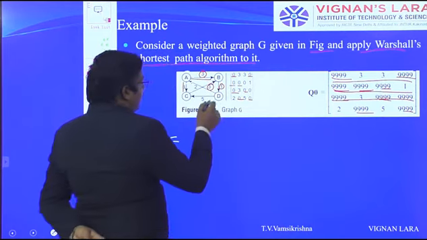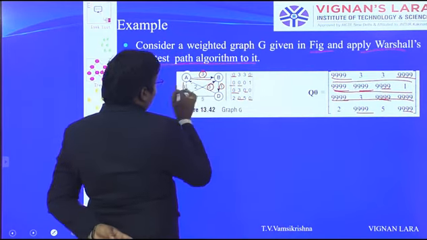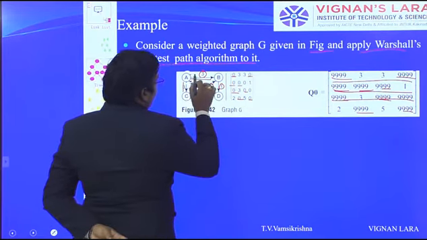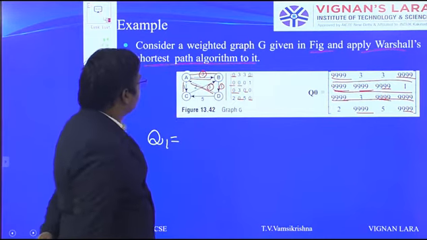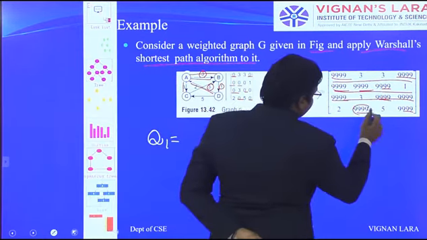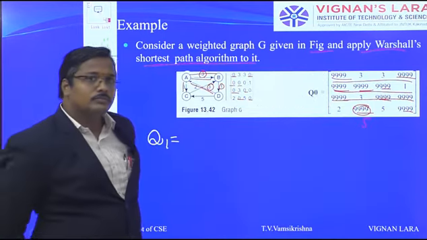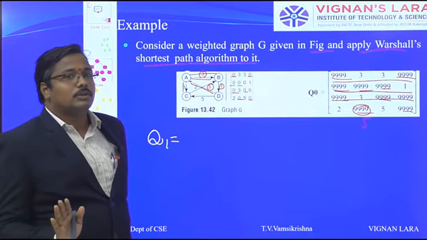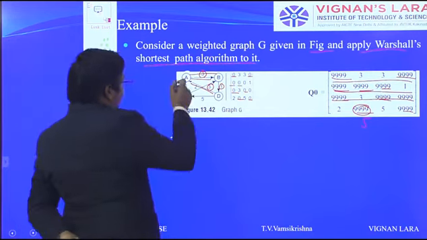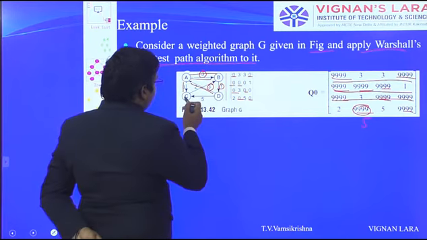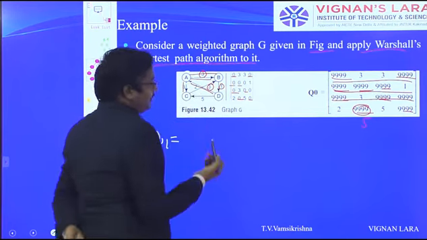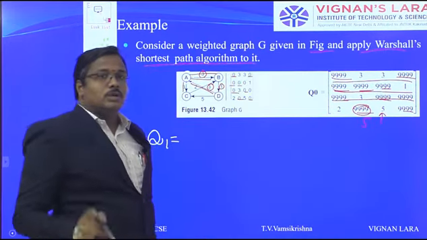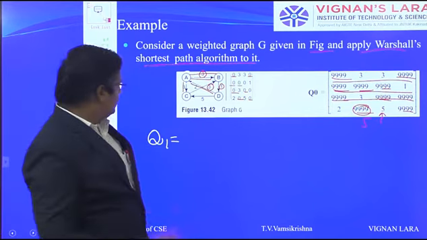Whenever we are calling D, D to A is a path. So D to A to B, this is updated, meaning 2 plus 3. Here we are updating 5. That particular point is updated to 5, meaning A is the via vertex. Similarly D to C, already 5 is there. Here 2 plus 3 is 5 again, so there is no need to change. So in the Q1, only one thing is updated.